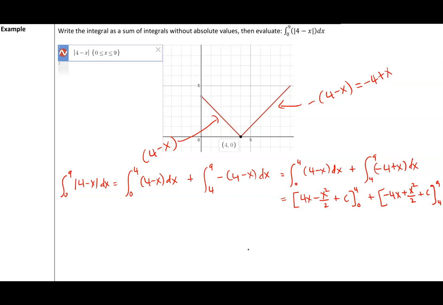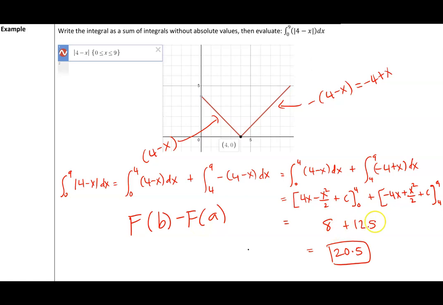Apply the fundamental theorem of calculus for each of these, which I'm not going to do. It's just you're replacing with 4 and then with 0. You're doing it separately. So it's going to be your f of b minus f of a, but you're doing it twice. And this will give you 8 plus 12.5, which is going to be 20.5. And this one we'll do